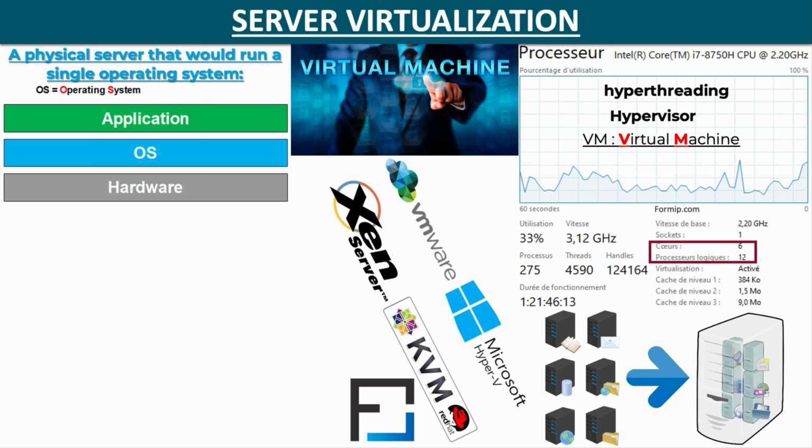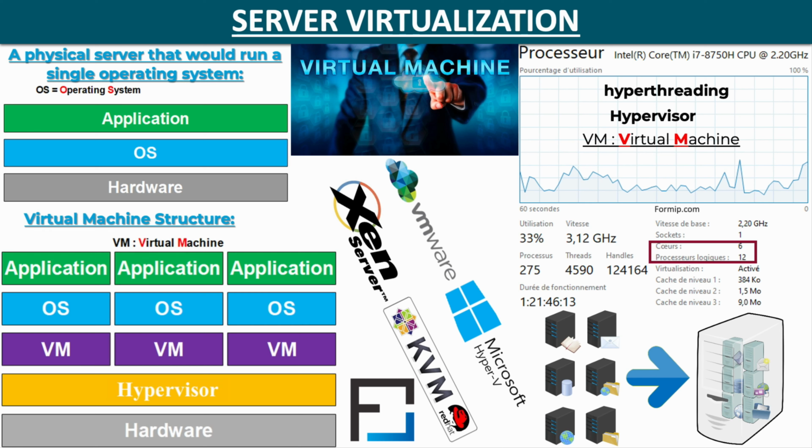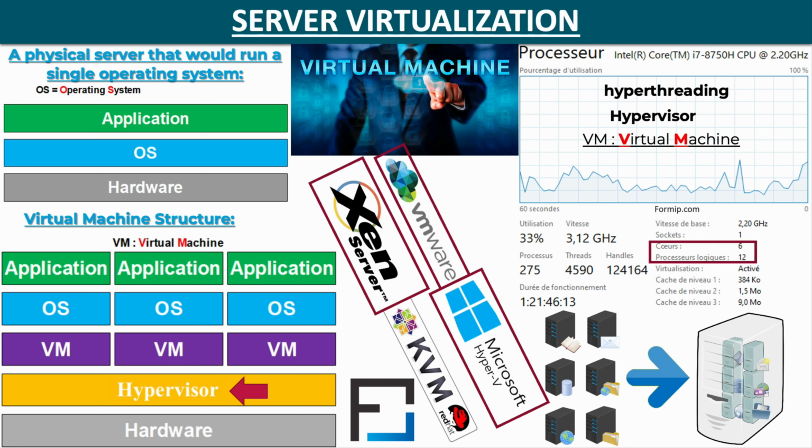Here, the server runs a single operating system and application. And here's what a VM structure would look like. Here we have, in addition, the hypervisor, which allows you to manage all the virtual machines that run their own operating systems. Among the few companies that offer server virtualization solutions, we have VMware, Microsoft Hyper-V, Citrix XenServer, and Red